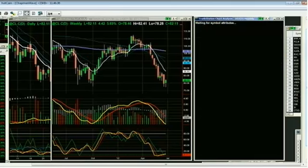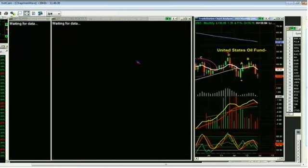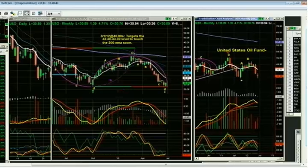Because the USO trades very much like crude. Not exactly, because this one made a left side, right side. Oh, I love this chart. The USO, folks, is the United States Oil Fund. It's trading at $30.89. It's up $1.39. Now, if you look at this particular chart, if you look at the left side